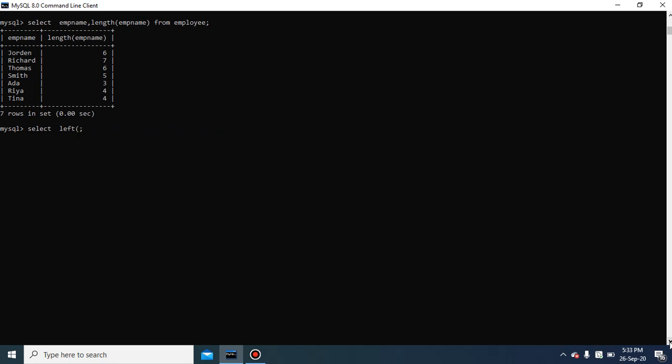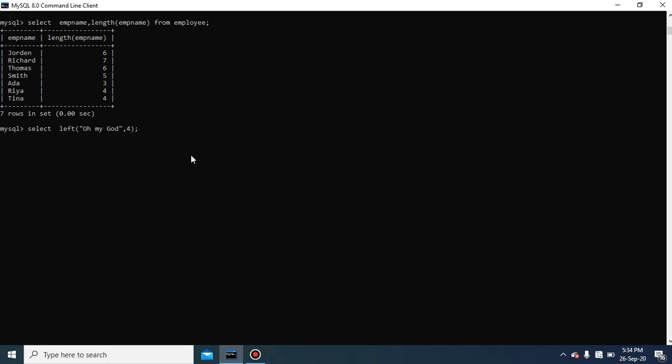For example, I am specifying the same string "oh my god", and from this string I want to extract a total of 4 characters from the left side. From the left side, 4 characters will be extracted.